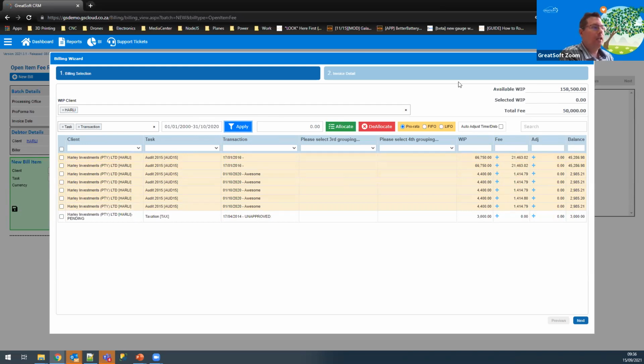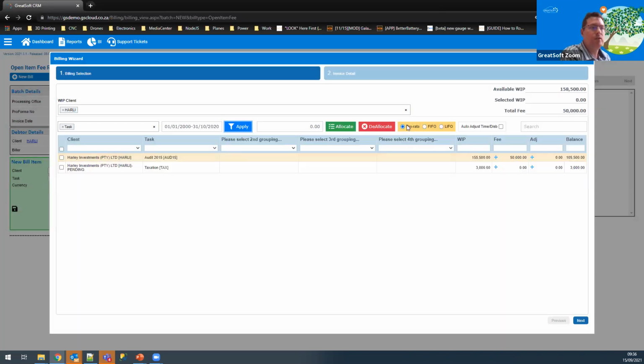The other big benefit we've brought in is a different allocation method. We've been using the pro rata method all these years, and we've now also brought in FIFO and LIFO. What's nice about this, especially on audits, is that you possibly want to bill the time that came in first. So we're going to use FIFO, and we're going to bill 50,000. And if I go in and expand that now,